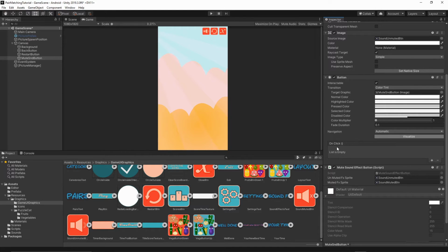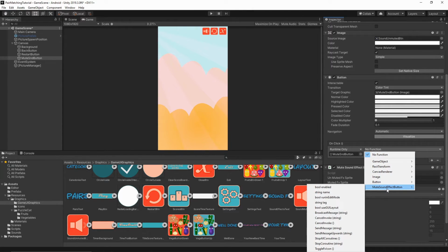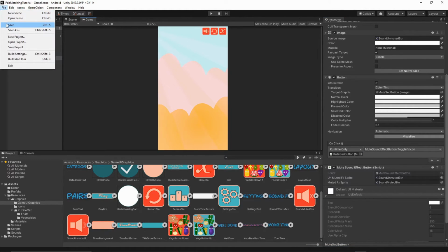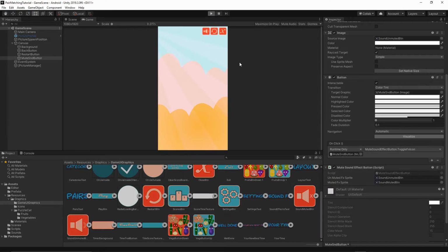And then inside our onClick event, I will just press this small plus and then I will just drag the muted sound button. So make sure you just grab this object and then drop it. And from this object, we're gonna select from the functions, muted sounds effect button, ToggleFXIcon. Let's save everything now. And then if I press play,